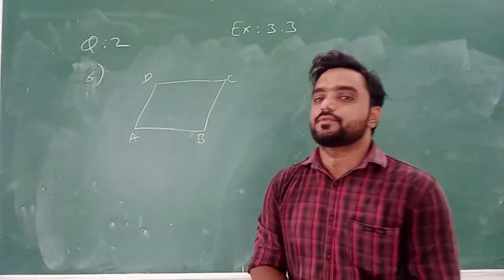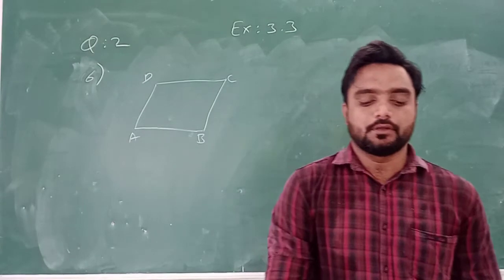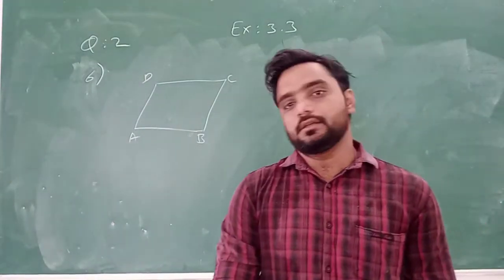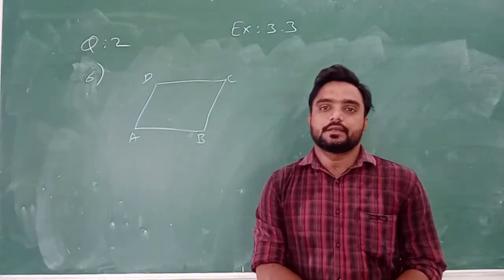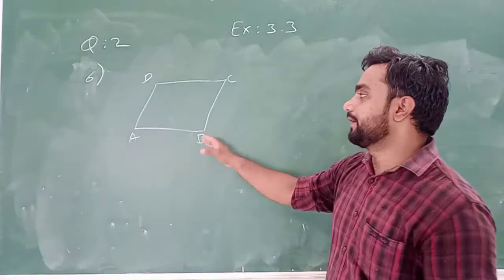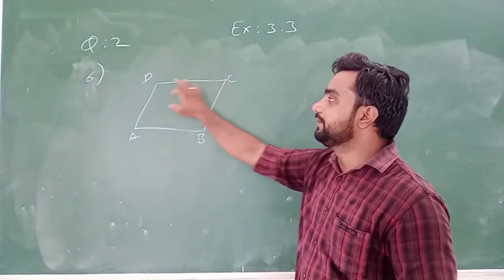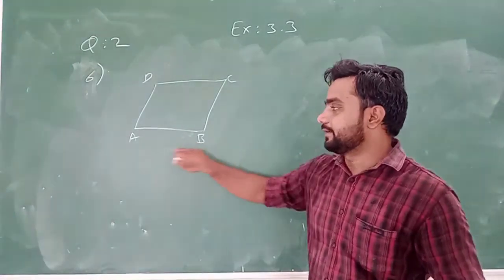Yes. Now the sixth question. What is given to you? Two adjacent angles of parallelogram have equal measure. Understand or not? Means parallelogram के दो adjacent angles दोनों का measurement कैसा है? Equal है. Okay? Suppose I am taking parallelogram A, B, C, D. Understand or not? So suppose I am taking these two adjacent angles A and B.